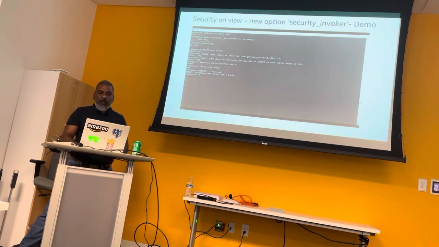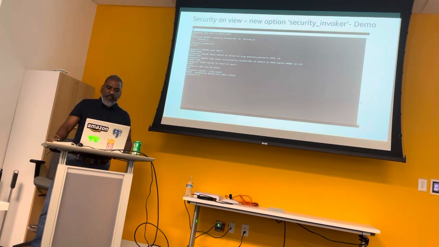If you want to put in place some more security, you can use this option, security invoker, and turn it on in PostgreSQL